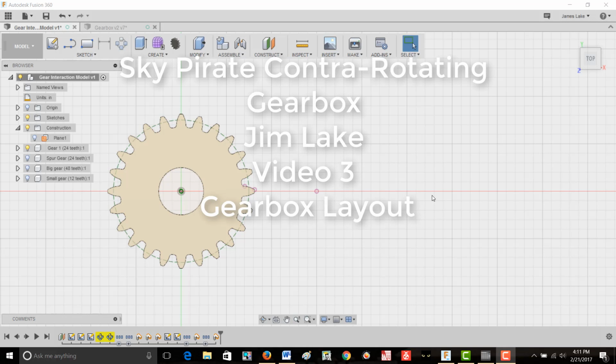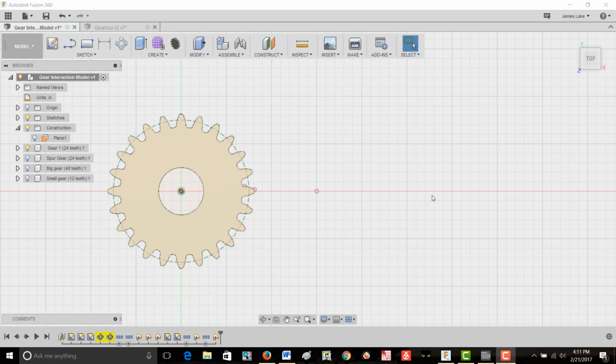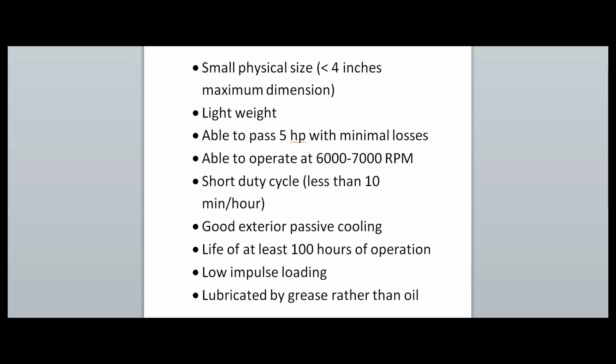In this segment, I'm going to talk about the layout of the gears and the relative sizes of the gears in the gearbox. My plan is to conclude with the preliminary design of the gearbox. The design parameters for this gearbox are small physical size, less than about 4 inches maximum dimension, lightweight, able to